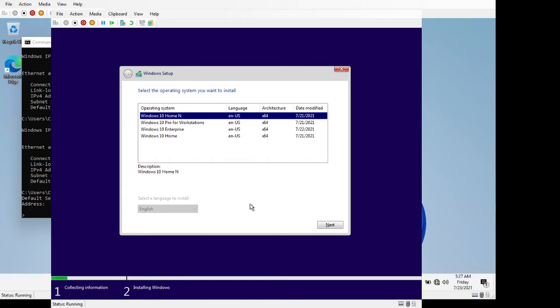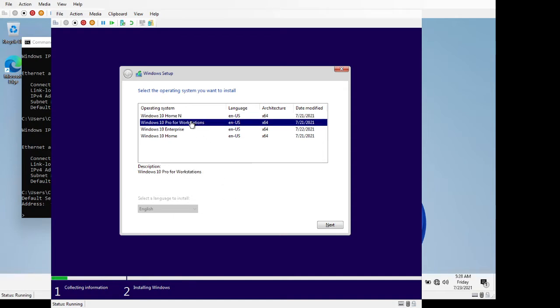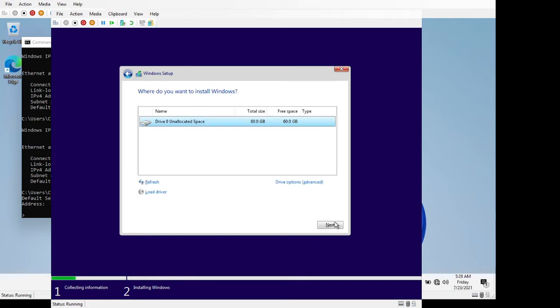Now, you are saying the choice of Windows 10. I found that rather strange, but if you watch to the end, we will see that it's really not Windows 10 that's going to be installed. I choose that. In my virtual machine, I'm using a 60 gig hard drive because I only have a 512 gig SSD on my laptop. So I'm trying to reserve space, because the bigger the virtual drive,